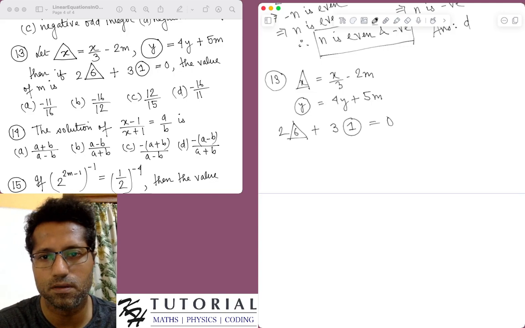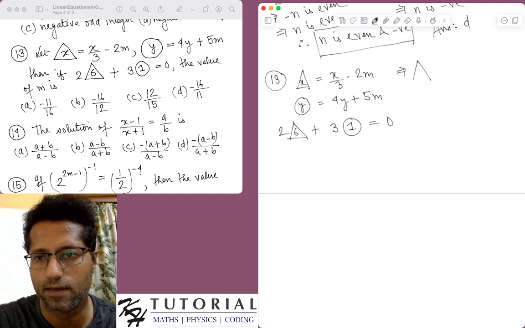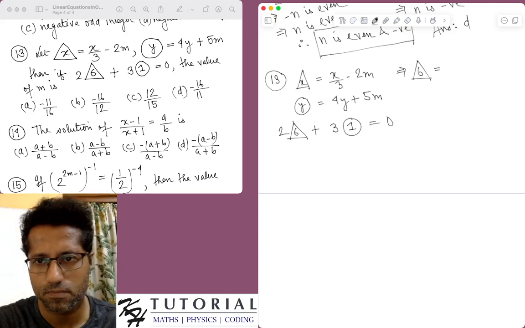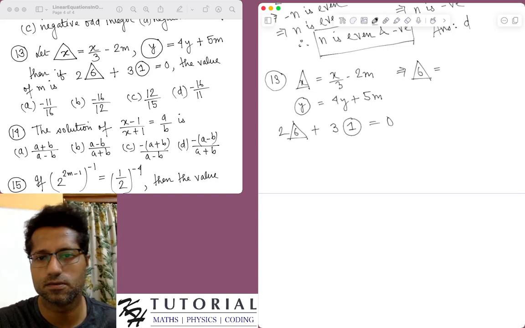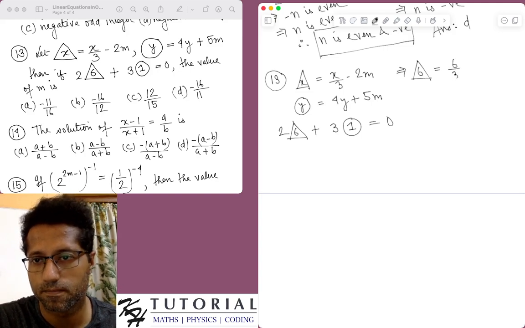Now what can be the triangle with a 6 inside? We know the triangle with an x inside is x by 3 minus 2m. So from here, with basic reasoning, I will substitute x by 6 in the given linear expression. So the triangle with the 6 inside will be 6 by 3 minus 2m. This is 2 minus 2m,